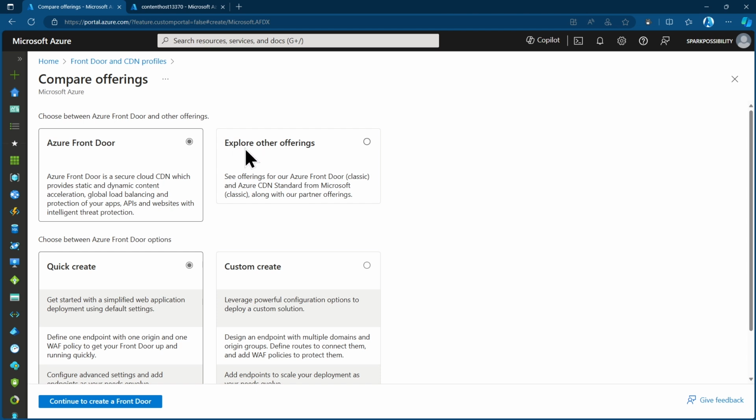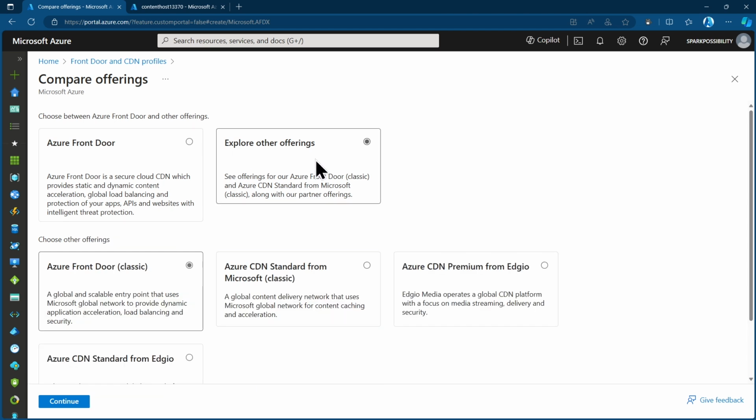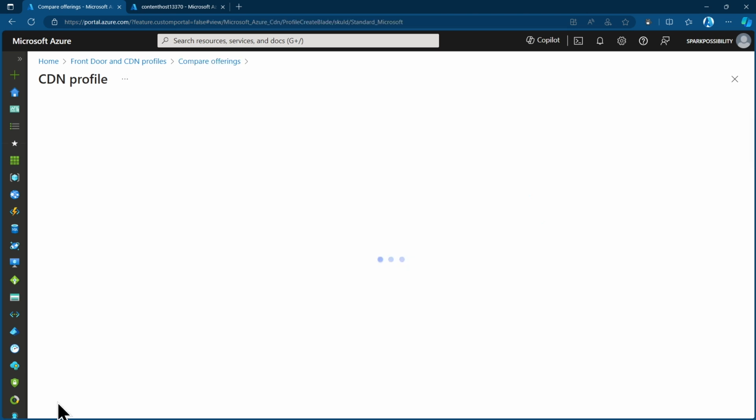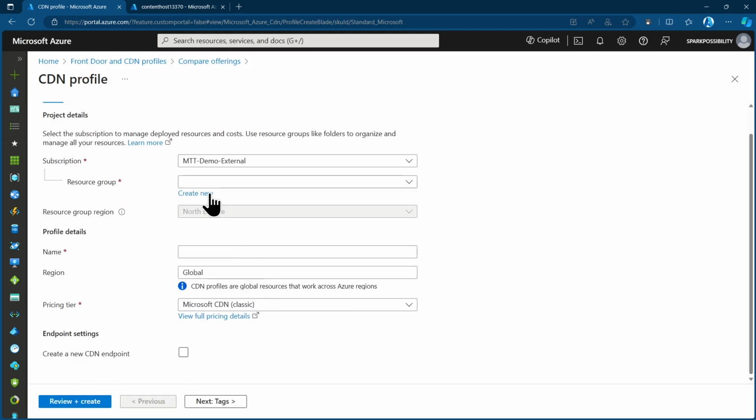You need to check the explore other offerings. And with this, you get the choices to create just a CDN if you want to do exactly what I'm doing right now, what I'm going to show you. So here I can select Azure CDN with Microsoft, or CDN Premium or Standard from Azure. So I selected Microsoft Standard, and all you need to do from this point on is you go and create